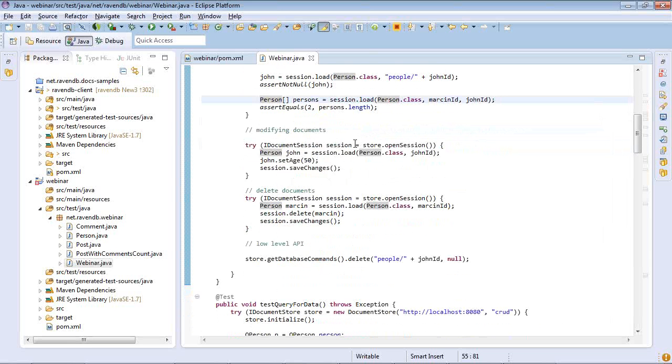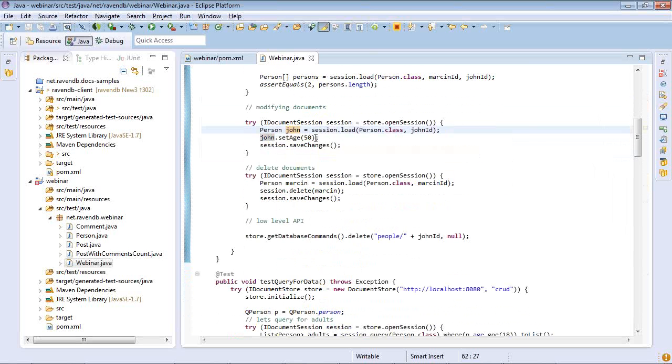Okay, here is how we can modify documents. We can simply load a document and set any property. What's quite curious is that it is not a proxy, it's the simple document. We don't use proxies for it, like in other solutions such as Hibernate, etc. And simply save changes. By doing this, we execute the request which updates John's age to